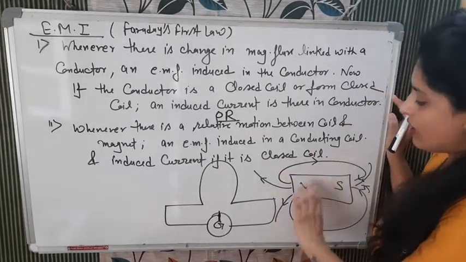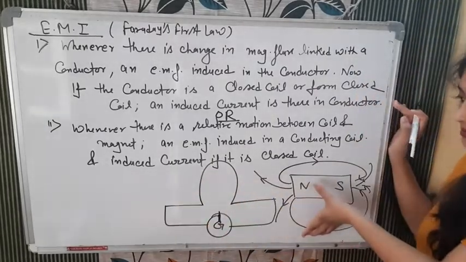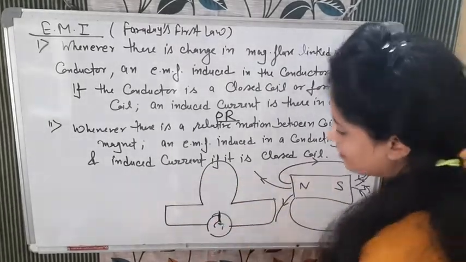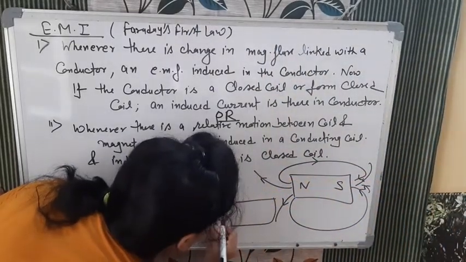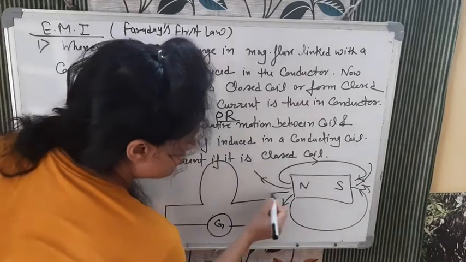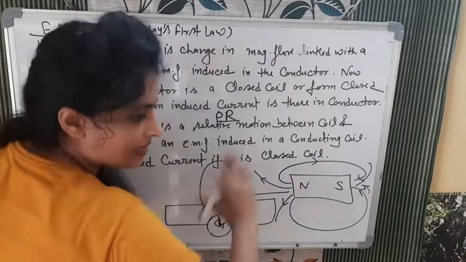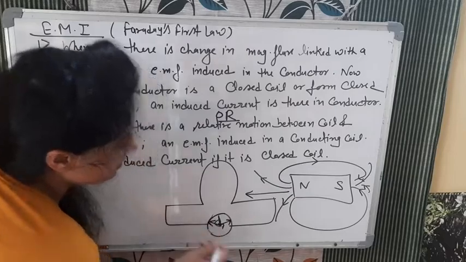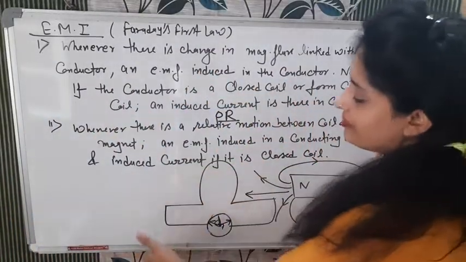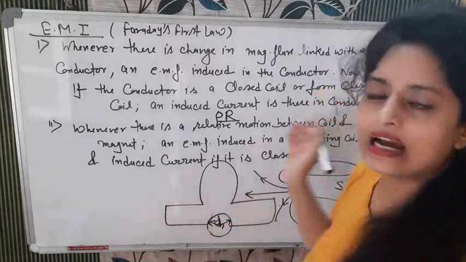Now if the magnet is at the rest position but we are moving the coil either towards the magnet or away from the magnet, again the same thing will happen here. For example, when I say the magnet is coming towards this coil, the galvanometer will deflect to the right side. When the magnet is going away, the galvanometer will deflect to the left side. First it was on the right side, now it will be on the left side. In the same way, when we take the coil towards it and away from it, again there will be deflection.